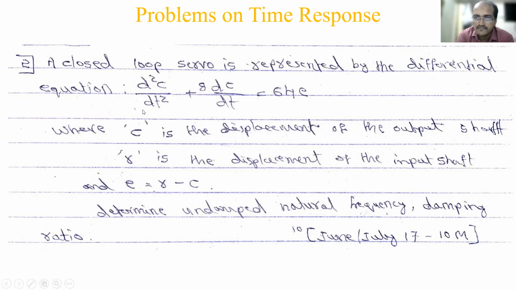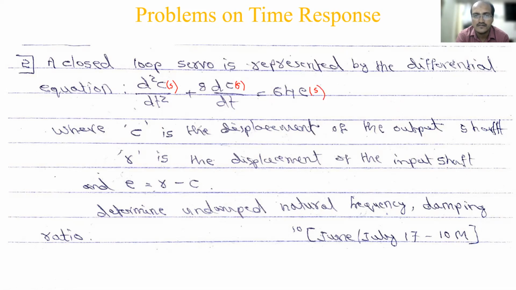So this is a differential equation, the mathematical model of a servo system. So what is d square c by dt square? It is just C of s. It is not given in the problem; you have to understand that it means C of s. Okay. 8 into dc by dt, which again means C of s derivative. In this form they have given. Equal to 64e. E means e of s. This is an input here. So the notation is different just to confuse you.